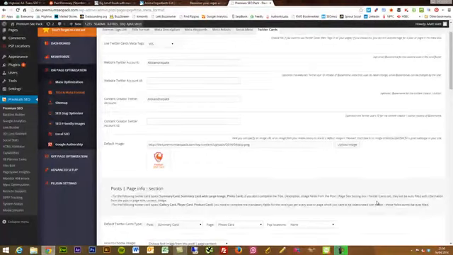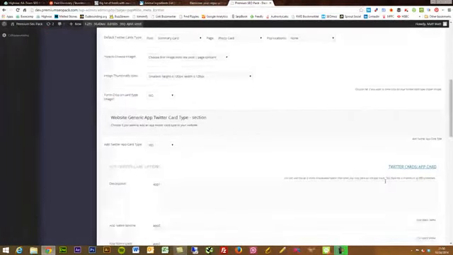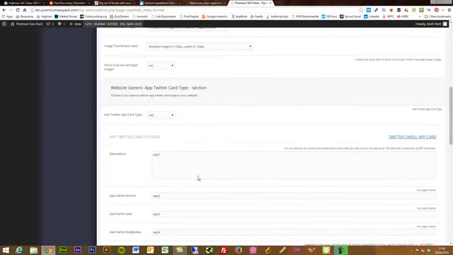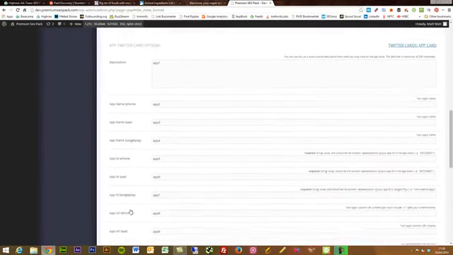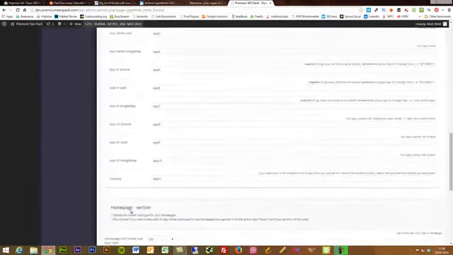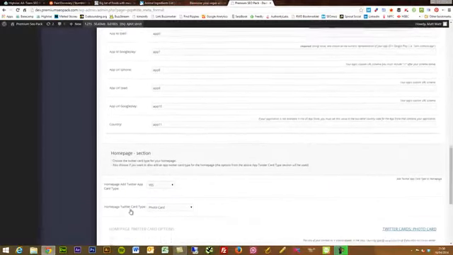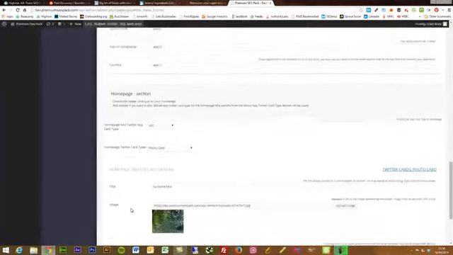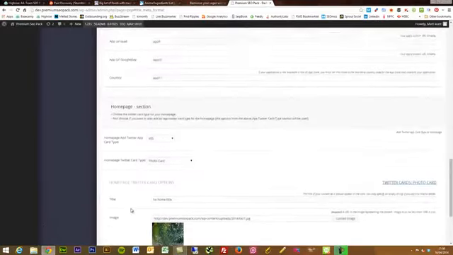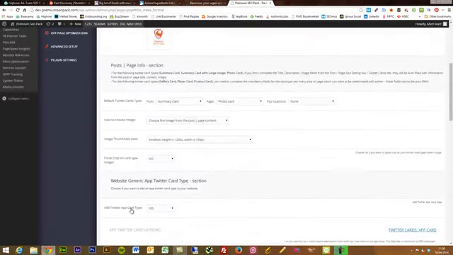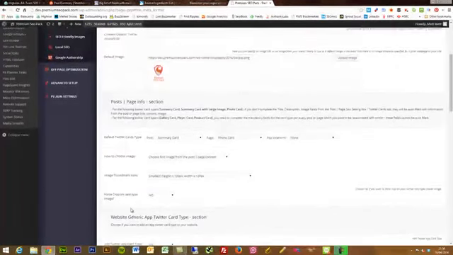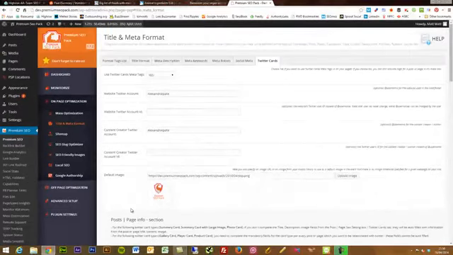Fantastic. This is where you add in your default image if nothing's appearing, who the content creator's Twitter handle is, etc. And there's a ton of features here, where you can link up to your apps, etc. So really, really useful. And you can do different ones for the homepage sections and your post sections, etc. So a really comprehensive